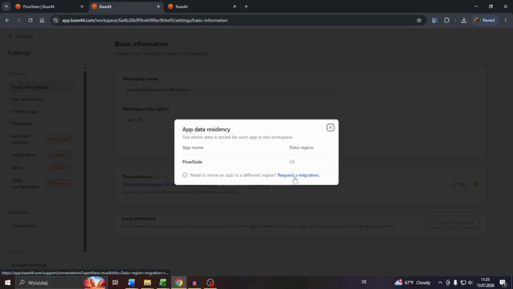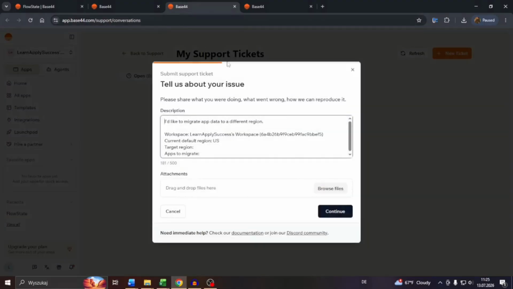So the current region is US for this app, but if you'd like to request a migration, click into this button, go through that support ticket here and describe your issue. There will be that default text here with your workspace number, the current region, app region, and then enter the target region here. For example, UK, apps to migrate,